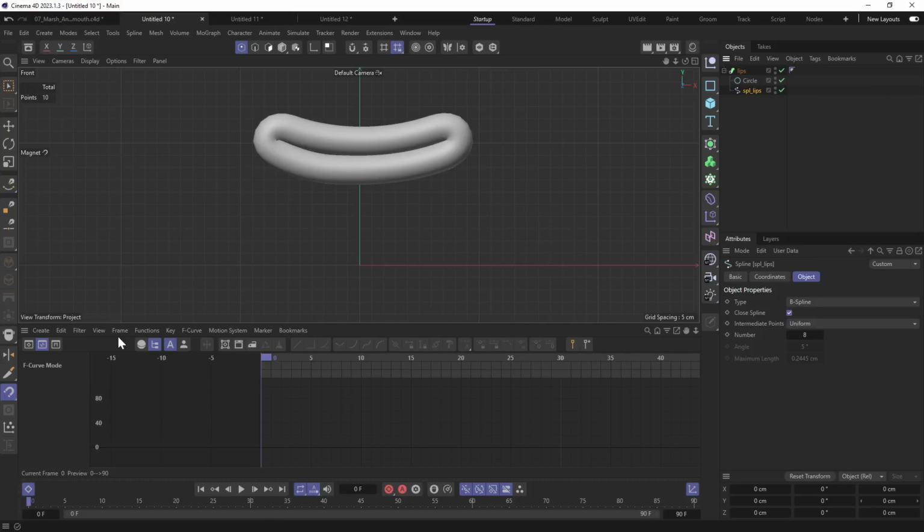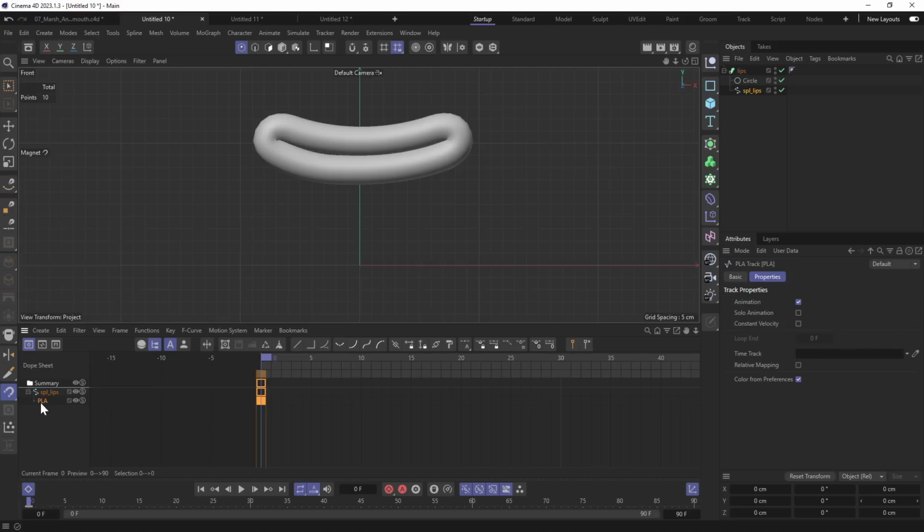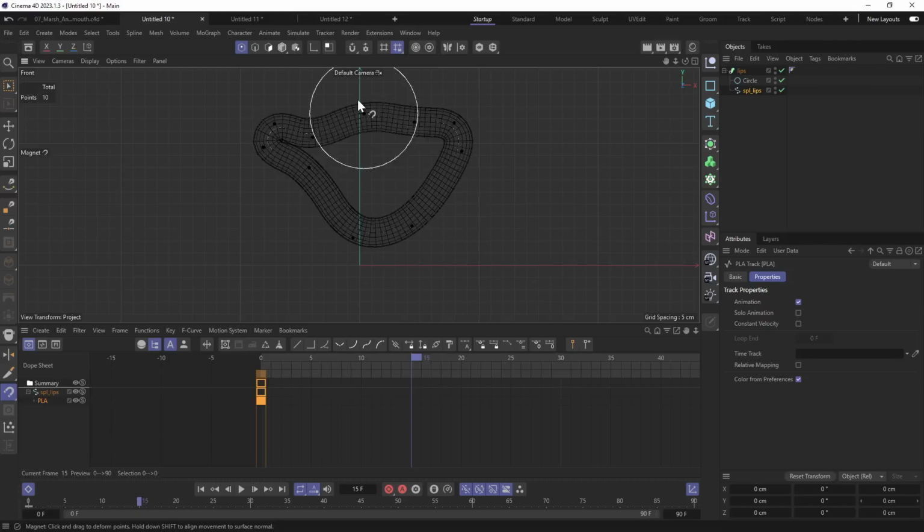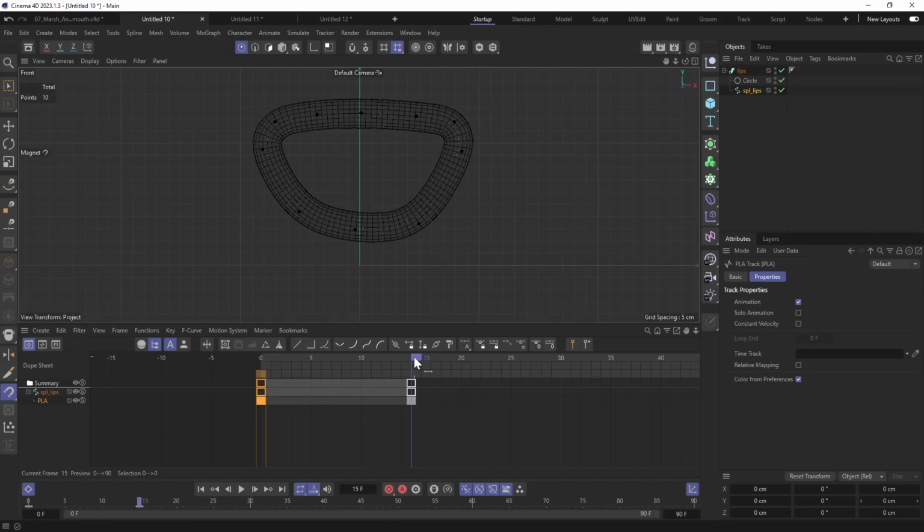Let's switch back to dope sheet. To enable point level animation, this button should be gray and all others should be blue. By default, it looks like this. So we just need to enable point level animation and disable everything else. Now when I create a keyframe in frame 0, you can see new animation track called PLA. It contains positions of all points of the object. If you set time slider to different frame, adjust the position of the points, and then create a new keyframe, it will store new positions and will interpolate between two keyframes.